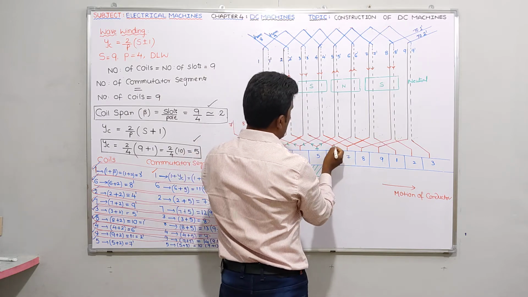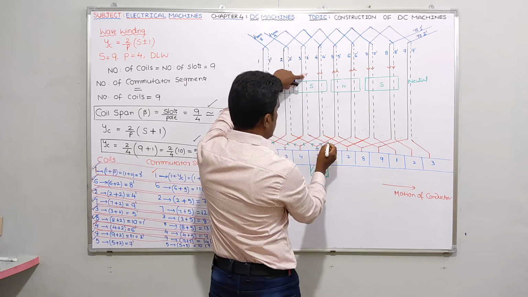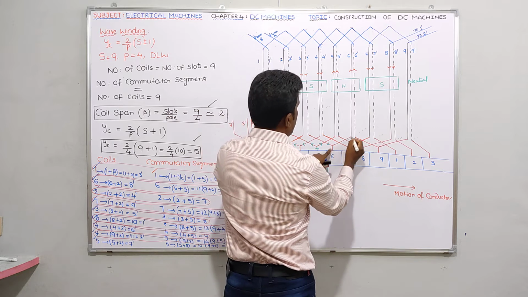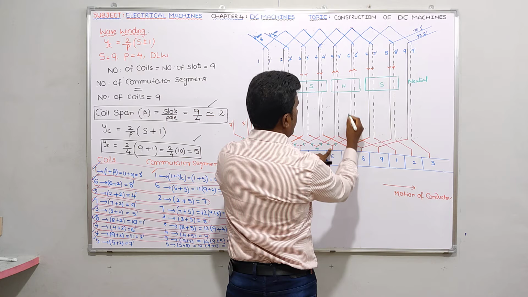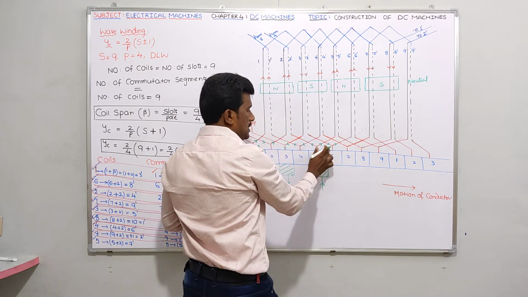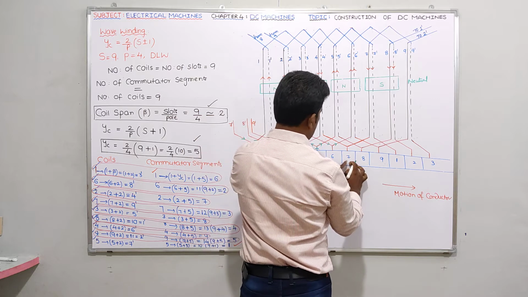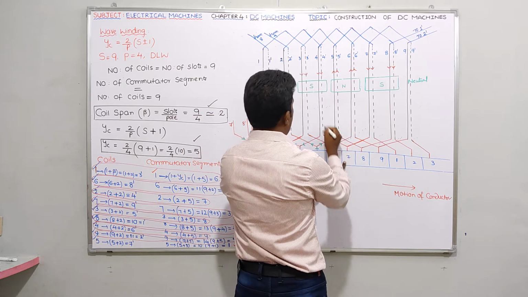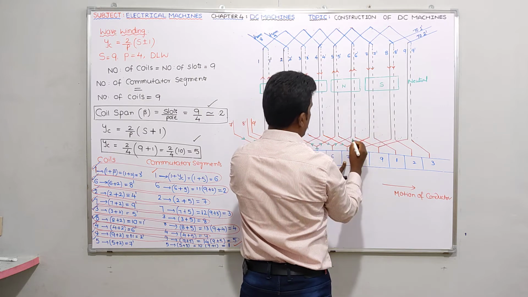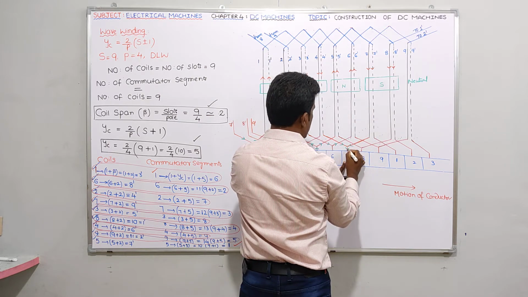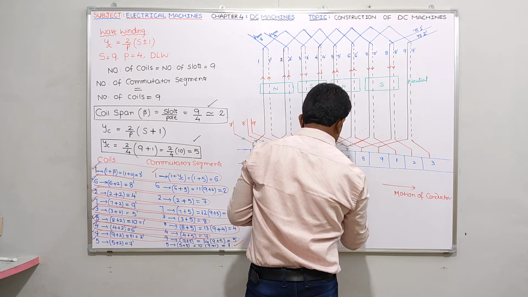And what about the sixth segment? The sixth segment is connected between 3 dash, direction of current downwards, and 6, which is upwards. Do you have any resultant current here? No. Therefore there is no need to place a brush here. If you take the seventh segment, it is between 4 dash, which means downwards, and here 7 is downwards. So the result will be downwards. So you can place a brush once again at the 7th segment.